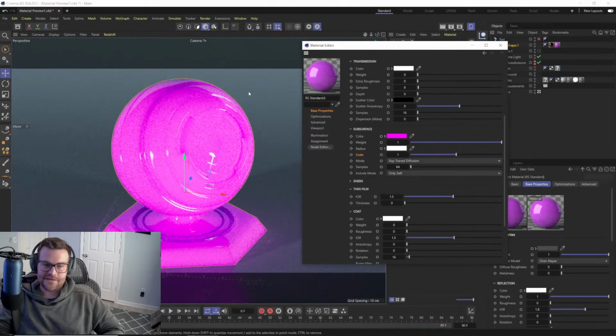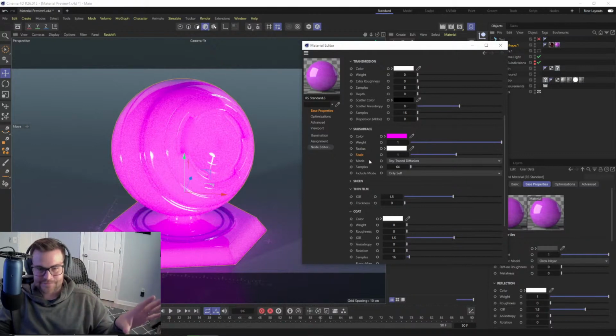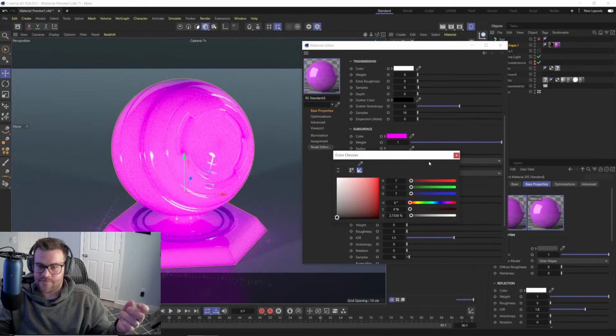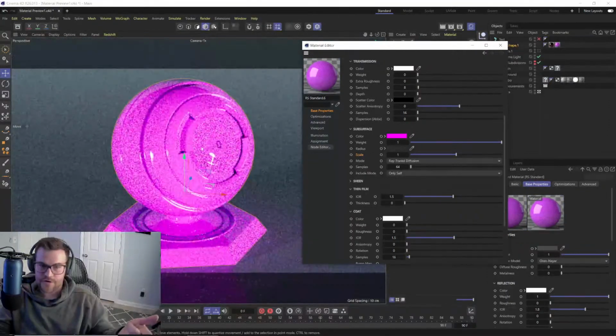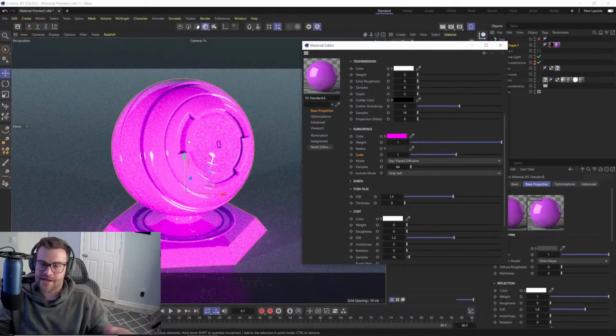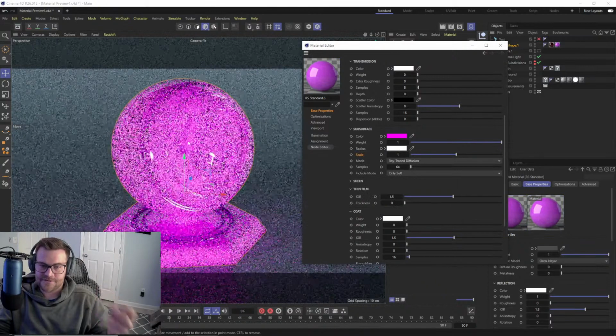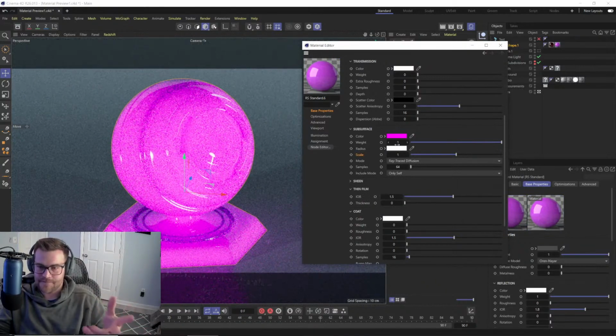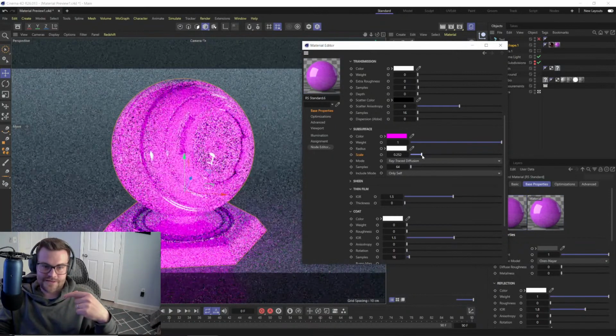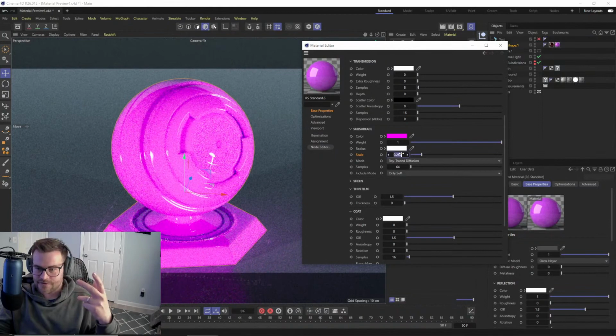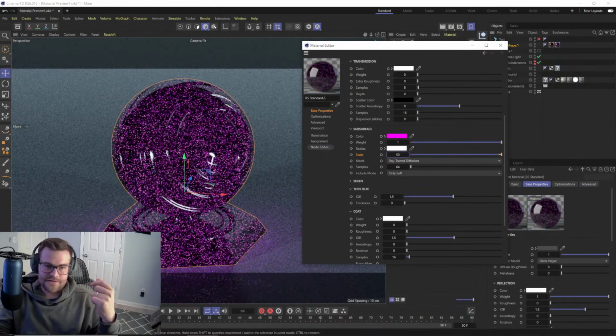So you can see as our light, and this is all very determined by our light, and we just have an overhead light and the thickness of your object, all that stuff. So I'm not going to get super in depth into this, but basically subsurface is even easier to control now. We have a radius. The lower value this is, the more just plastic it's going to be, and it's not going to look as waxy. It's going to look more like a solid. So the lighter it is, the more solid, or waxy, it's going to look. And that is also in combination with the scale here. The lower the scale, the more solid it's going to look, and the higher the scale, it's going to have this kind of,